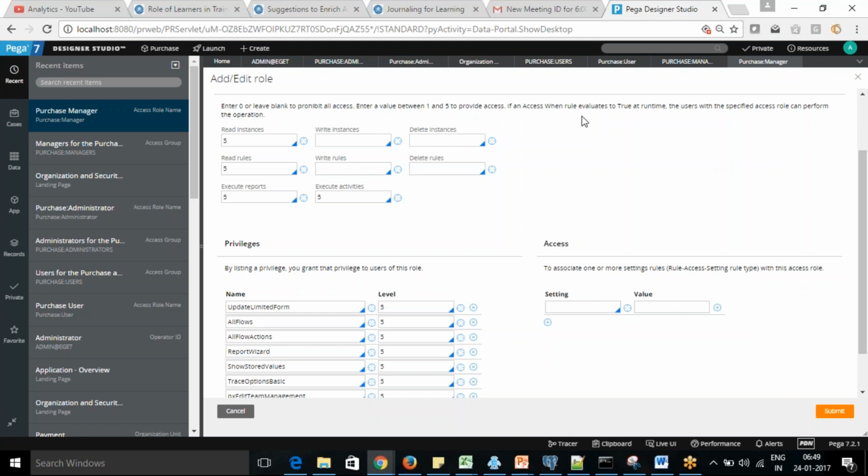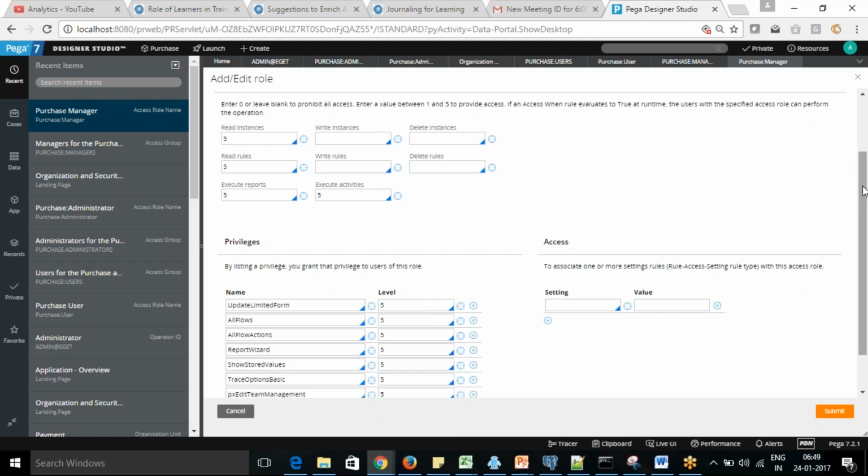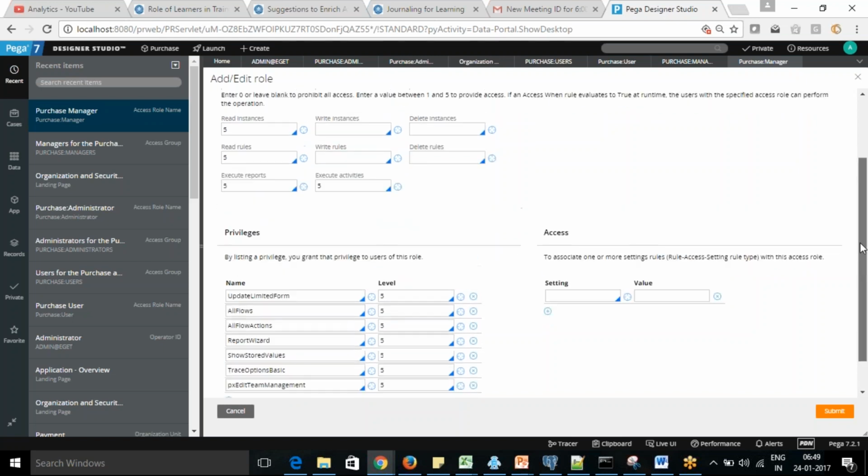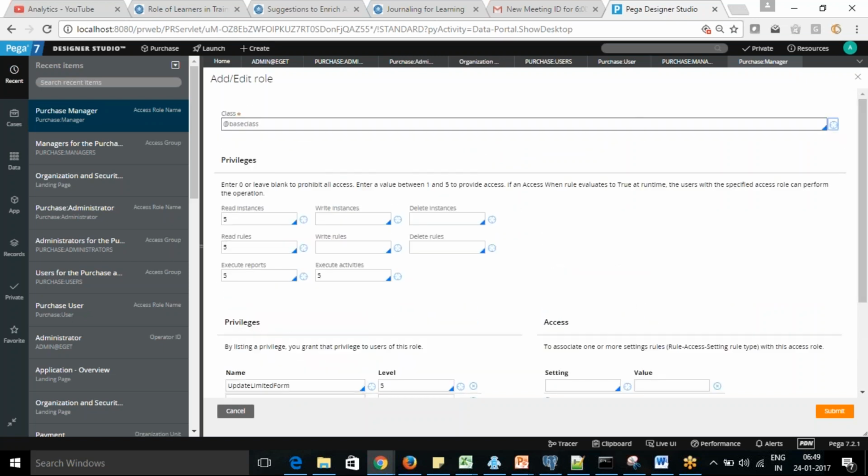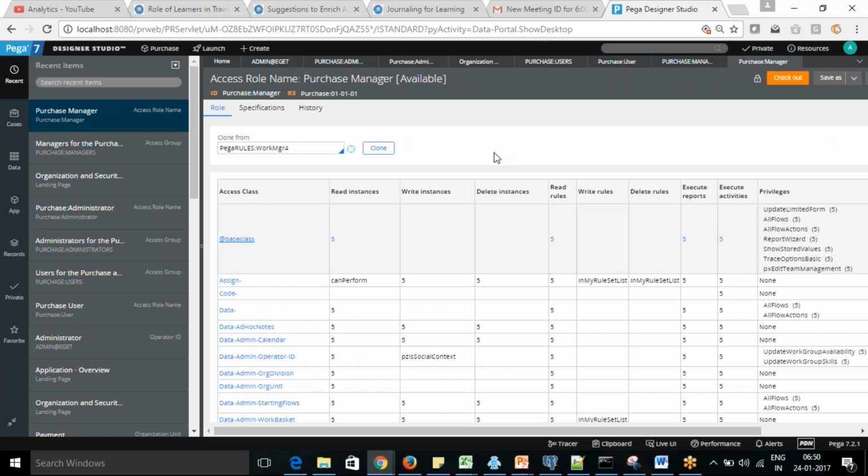Here you can see all the privileges mentioned. This is not required that much because it is mainly done by senior people. Just for your understanding, you should know about the access group. Within the access group, you have access roles. From the access role, you do that.